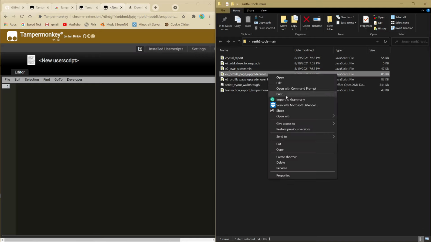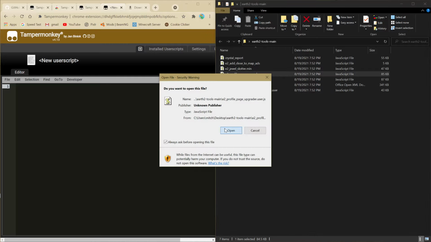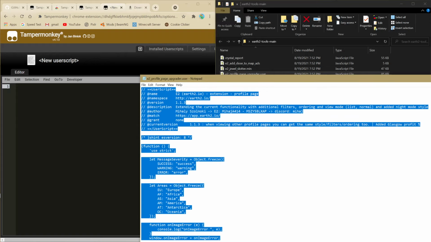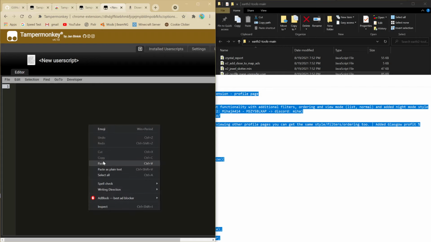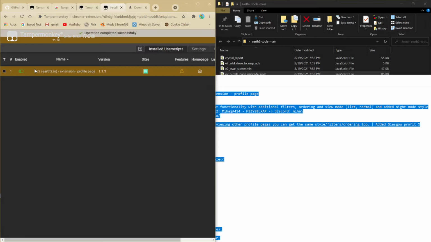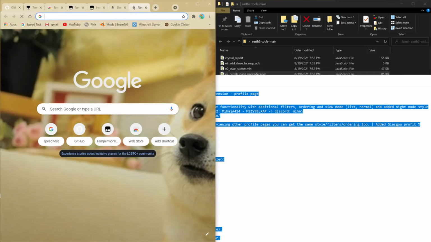So you right click and you hit open with, and you open it to Notepad. What this will do is just give you the straight up script. Right click it, select all, right click, copy. Go over to your blank script, right click and paste it. Now you don't do anything else other than file and save. Then you have your list here. If you want to add a second one, you just hit the plus. So now, after this is in green and you have it installed to TamperMonkey,